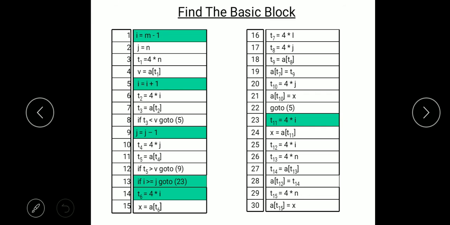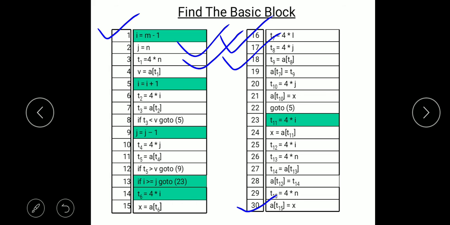Look at here, suppose this is our intermediate code. Okay, this is our intermediate code. It means our intermediate code has statement number 1 up to statement number 30. We have 30 intermediate code statements. Now in order to construct flow graph, first of all you need to construct basic block.